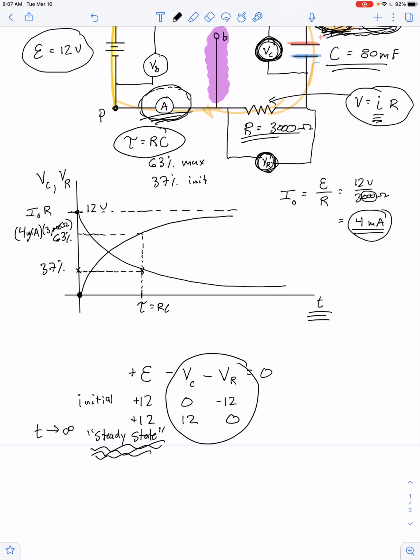Now, notice we could choose any random point in time. How about right here? Then we'll just call that lowercase t. It's not a special time that we might represent with this Greek letter tau. This is just any old variable amount of time. If we take the voltage across the resistor and the voltage across the capacitor at that instant in time and add those values together, what does it add up to? Yeah, it's always going to add up to, in this case, 12 volts, or in other words, the EMF of